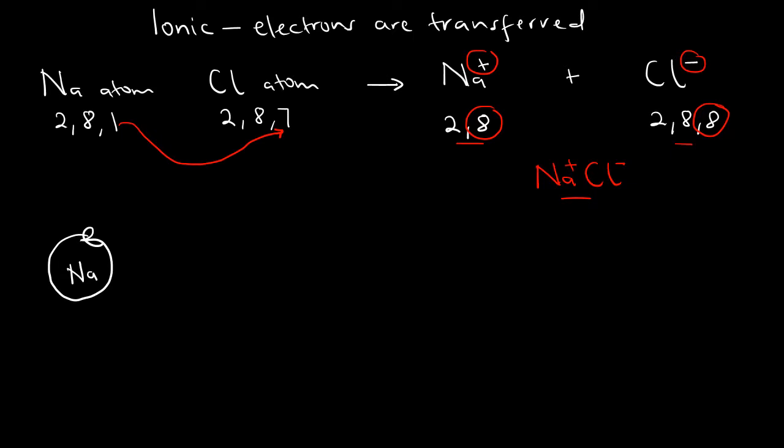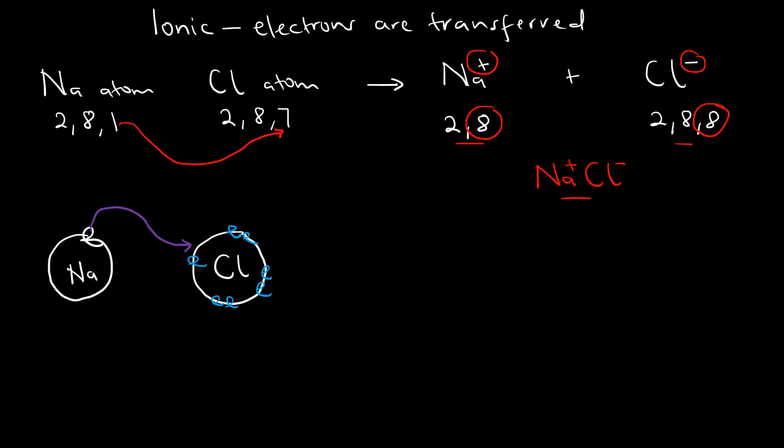Then we have our chlorine with 7 electrons. So we shall sketch all the 7 electrons, 1, 2, 3, 4, 5, 6, 7. What happens is that we shall have a transfer of this 1 electron from sodium to chlorine,